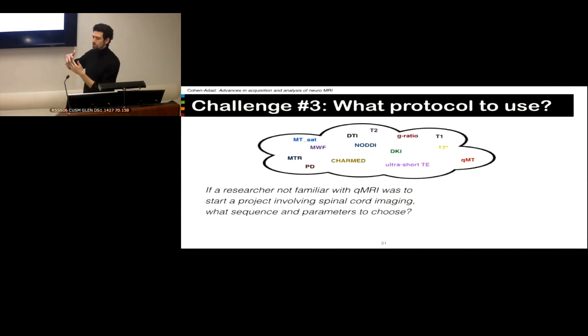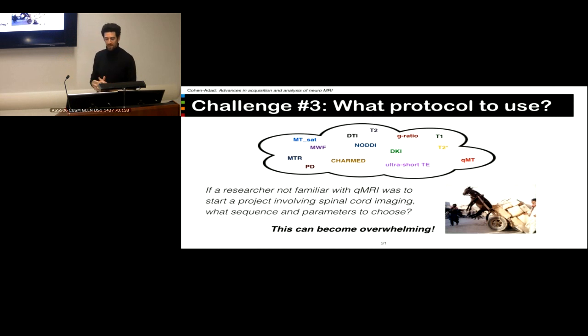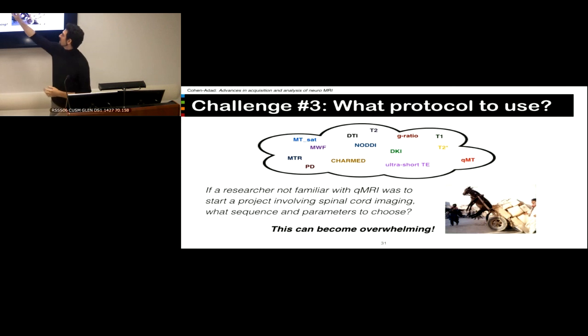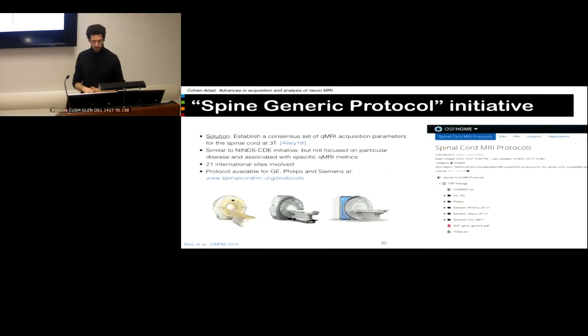Then you're gonna read the hundreds of papers that are out there, and then you're gonna become very overwhelmed by basically what to choose. And if you decide to choose those 2 techniques, what are the acquisition parameters that you need to choose from? So there are already existing consensus for brain protocols with QMRI, but nothing was really established for the spinal cord. So we started this Spine Generic Protocol initiative